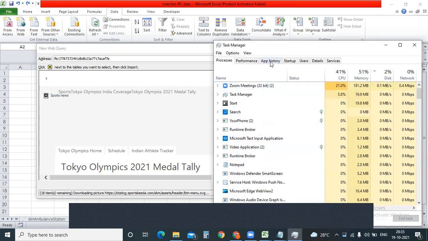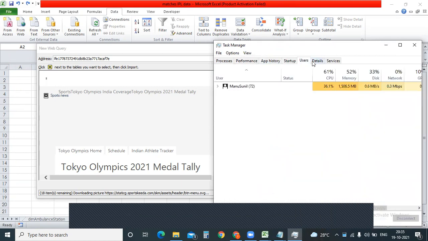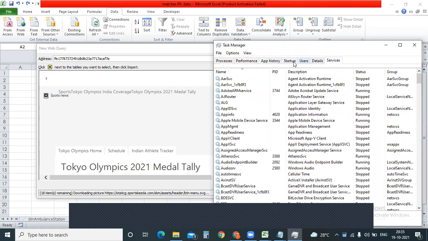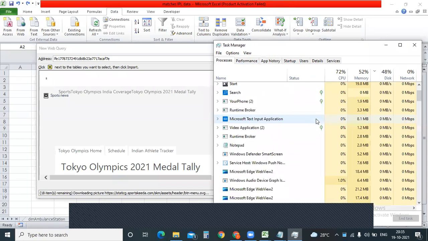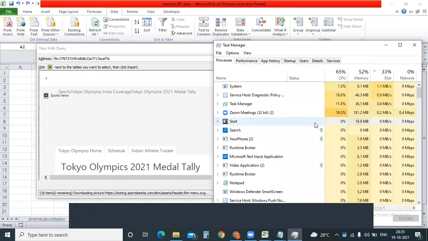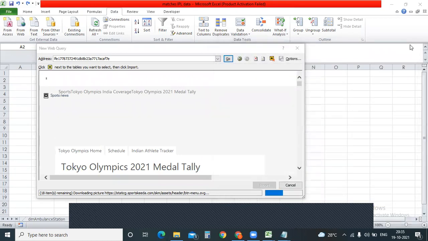Where is the Excel apps history? I'm not able to find it, but anyway, this is the problem, guys. I'm not able to open a new page also. It's completely hanged. This is one of the biggest disadvantages of Excel.